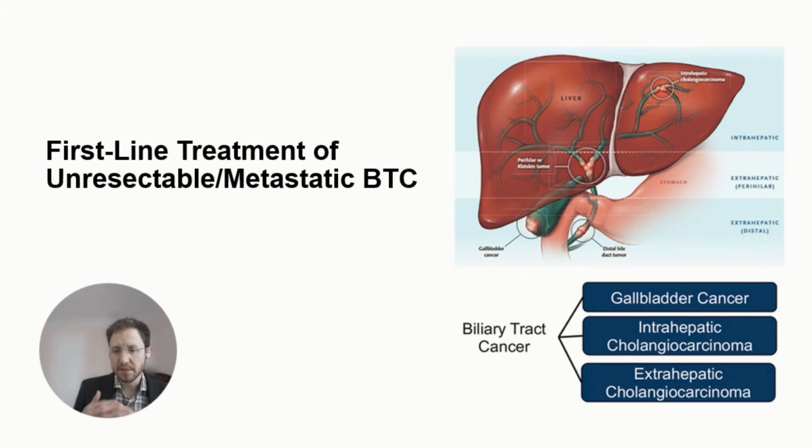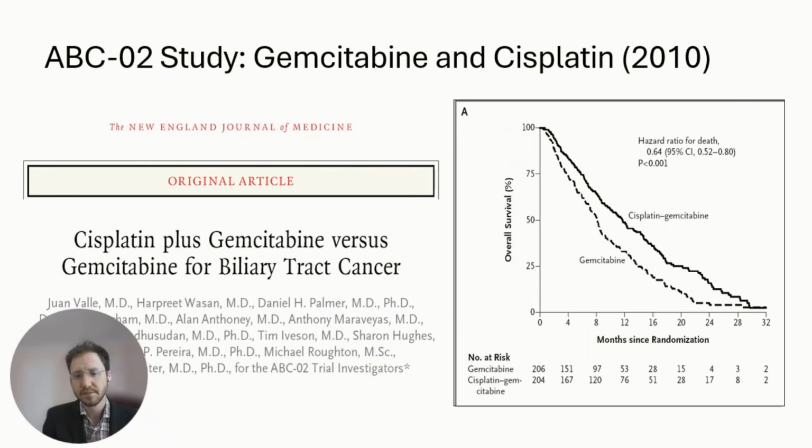So now let's get into approaches to and standards for first-line treatment of advanced biliary tract cancers. I'm going to start at 2010, where we had the ABC02 study, which showed that the combination of the chemotherapy doublet of cisplatin with gemcitabine improved overall survival compared to gemcitabine monotherapy. And